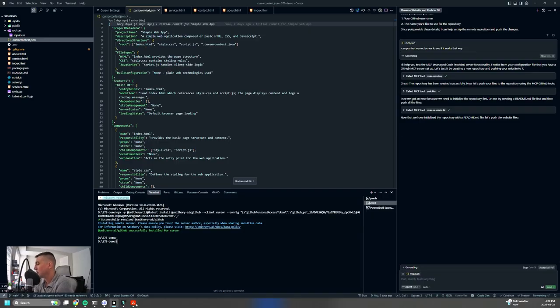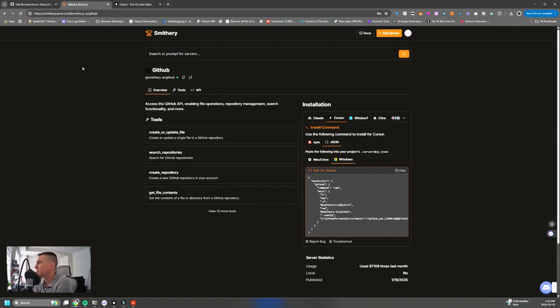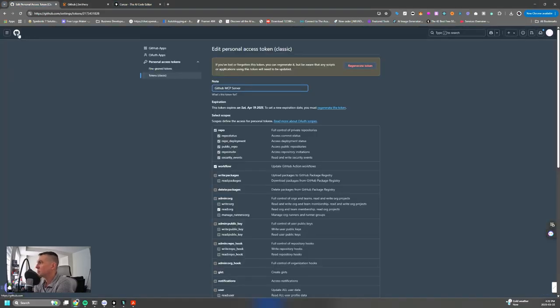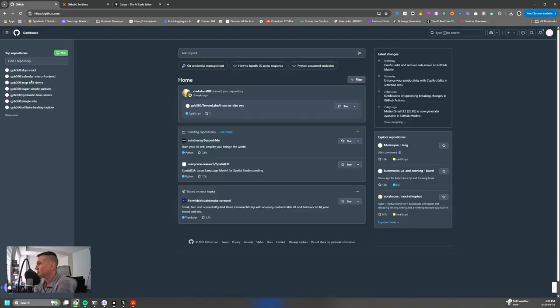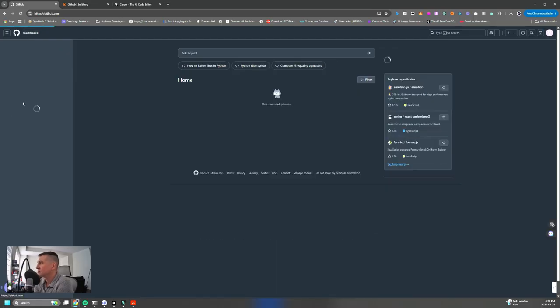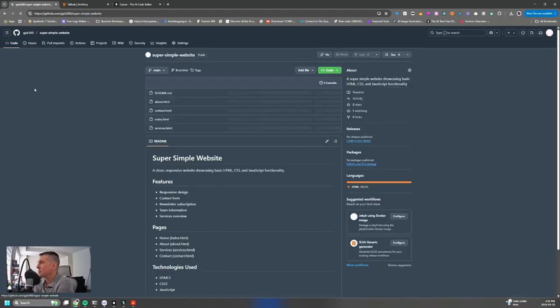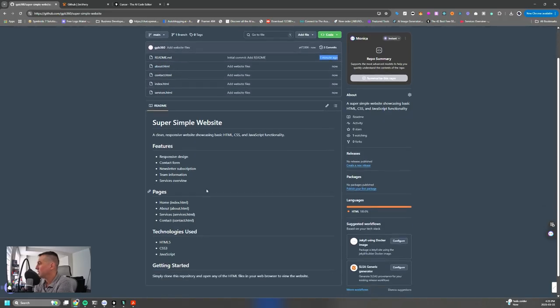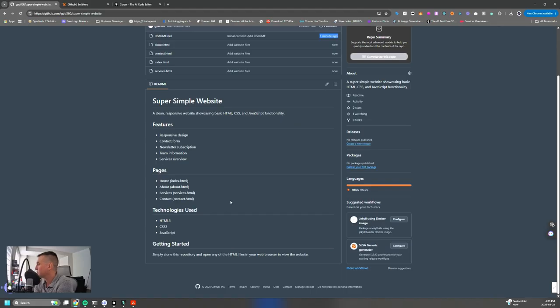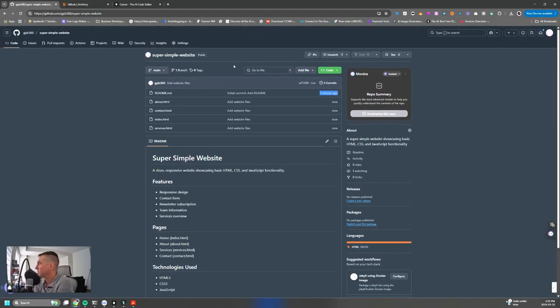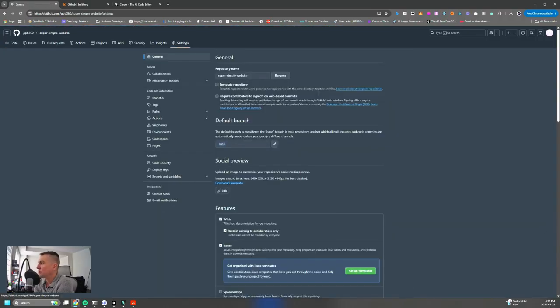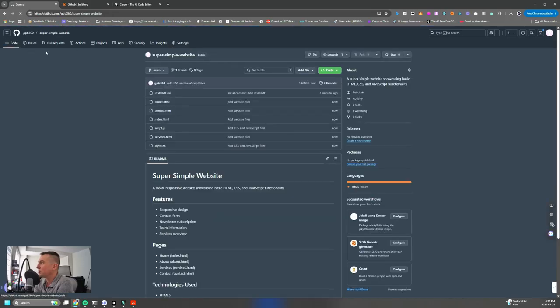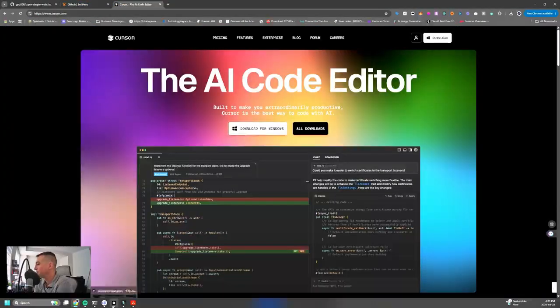So let's go check our repository while we wait for this, because we still have it open here. We should be able to go back to, so you can see here, guys, it just did this. So this was just a minute ago, as you can see, 1 minute ago. Super simple website. And it has all the specs that we just pushed up already done. And this is pushed, and yeah. So as you can see, this is super powerful. It's crazy how far we can go with this, because now what I'm going to tell it to do once it's done,